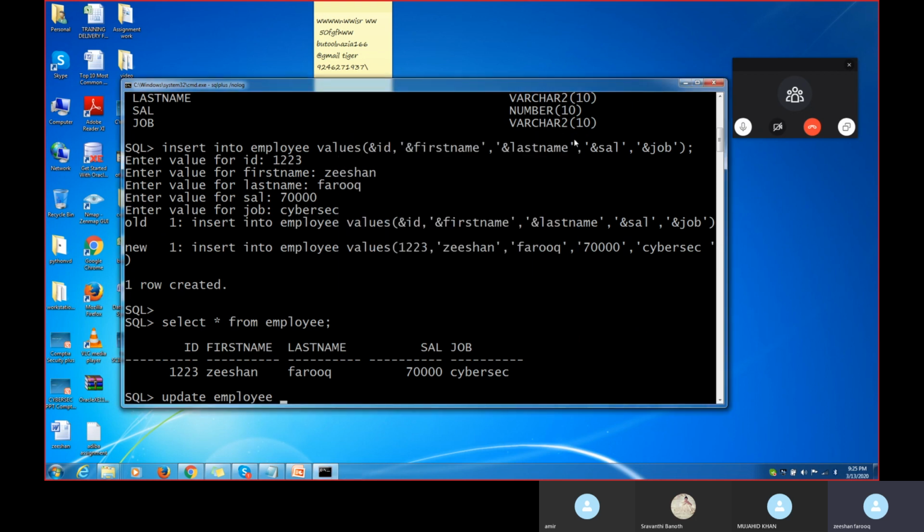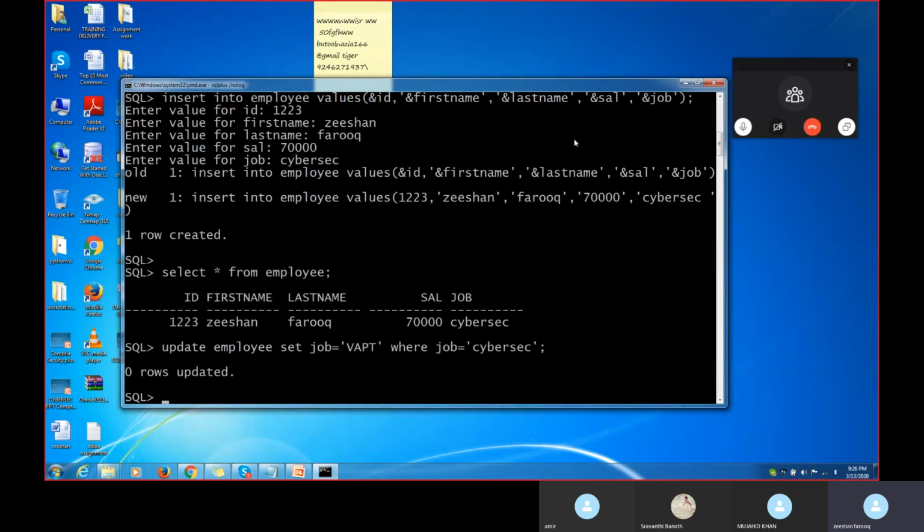What exactly do I want to do? I want to change the job, right? Set. What exactly do I want to change? Job. Job equal to, for example, VAPT I want to put. VAPT means vulnerability assessment and penetration testing. Where, for what I want to change? Let's put it in caps lock. WHERE job equal to, what is the job equal to we are having now? Job equal to cybersec. Okay, now double colon like this.